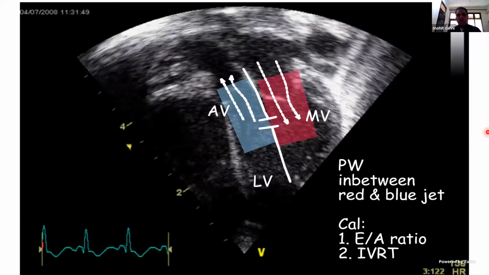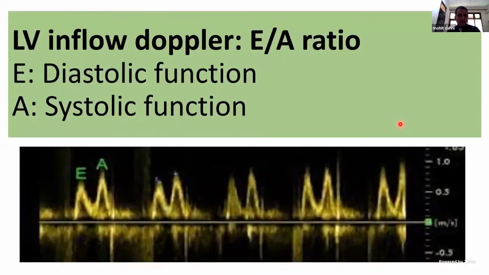Okay. So that was apical 5-chamber. So in apical 4-chamber, we discussed LA-LV dilated, did MR. So there is this inflow here. There is blood flowing from LA to LV. In this inflow, just below the mitral valve, we'll put a pulse wave Doppler and we calculate the E and